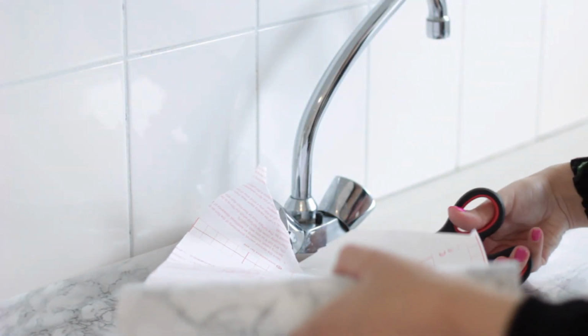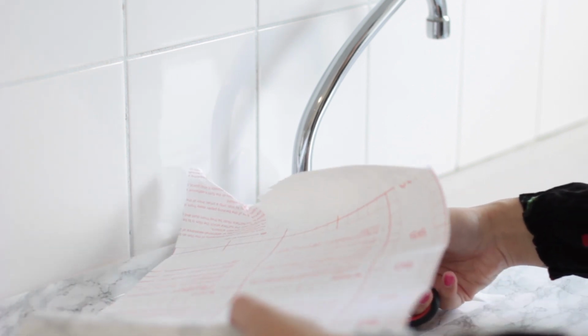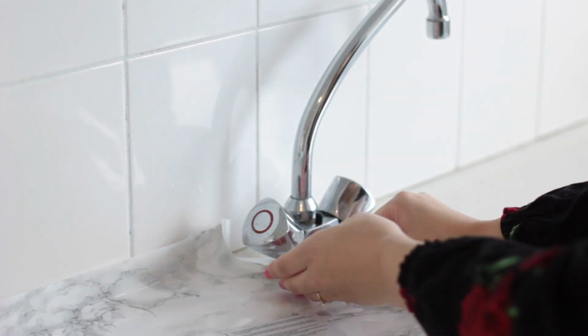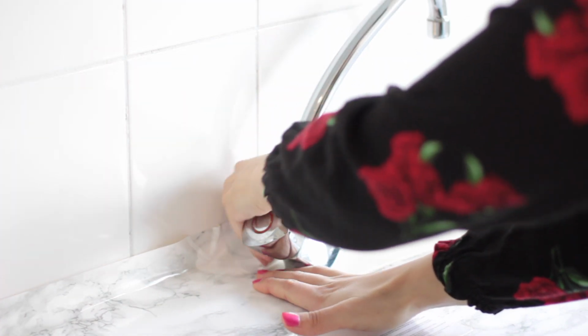So now we have come to the most difficult part. You can either remove the tap if that's possible for you to make this job easier, or you can leave it and try to work around it. It can be a little time consuming, but I promise you, it's